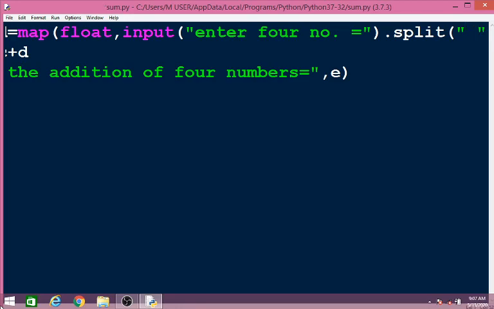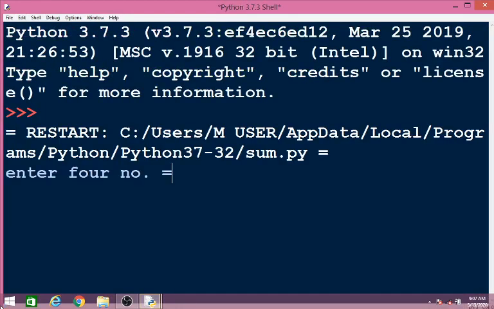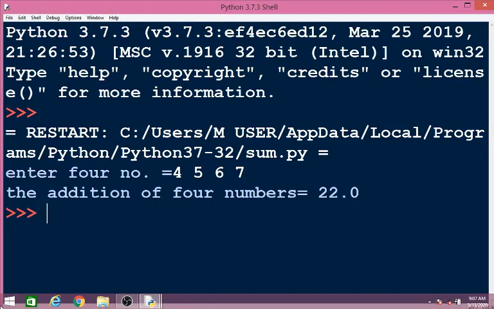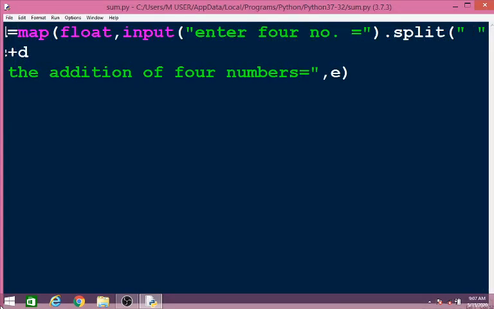Now you can take the inputs by giving spaces like this: 4 space 5 space 6 space 7. Now you get the result. Suppose unfortunately you forgot to use a space and you use a comma separator instead.